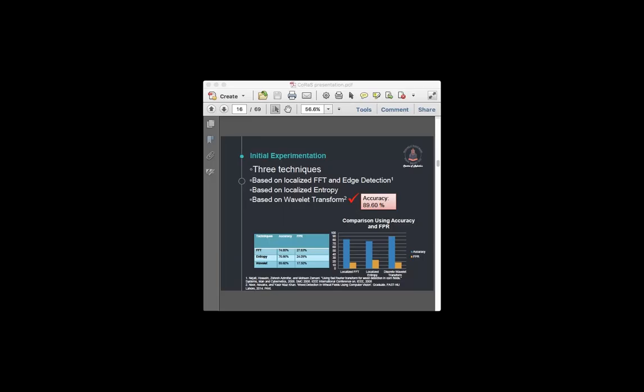And the false positive rate is also 17.5%, which is lower than other techniques. So for FFTs, we had 75% accuracy. For the entropy-based technique, we had about 76%, and for wavelet transform, we had an accuracy of 89.6%, which is close to 90%, which is an acceptable threshold, considering that here we don't need a lot of